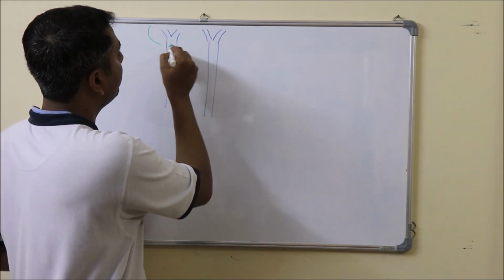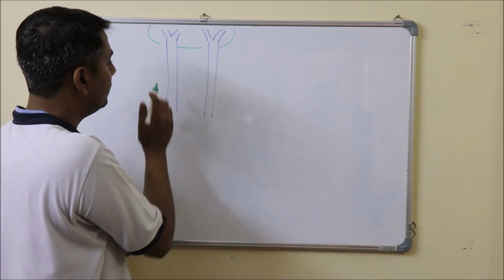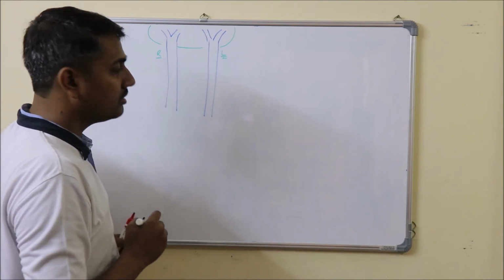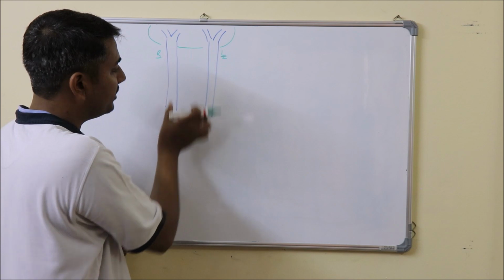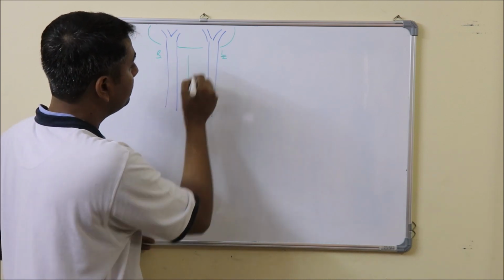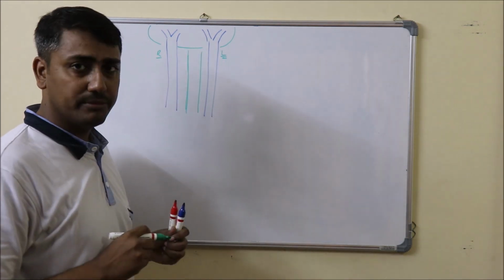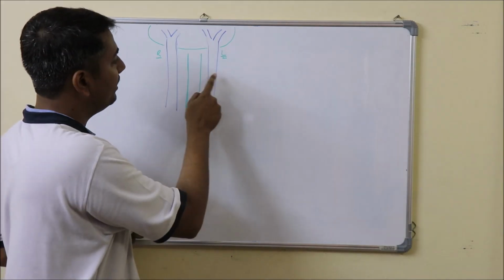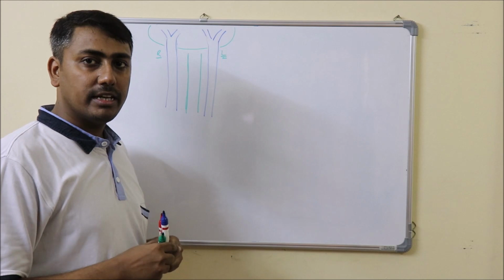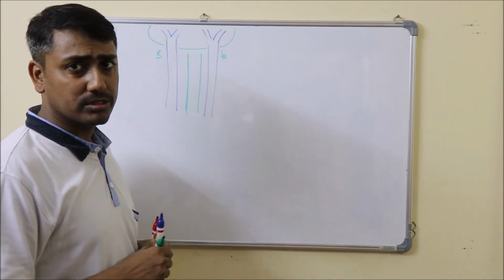This is the developing liver, and this is the proximal portion of the right Vitelline vein, and this is the left Vitelline vein. The proximal parts of these two Vitelline veins surround the developing duodenum. Now these two Vitelline veins become interconnected by three transverse anastomoses, one dorsal and two ventral anastomoses.